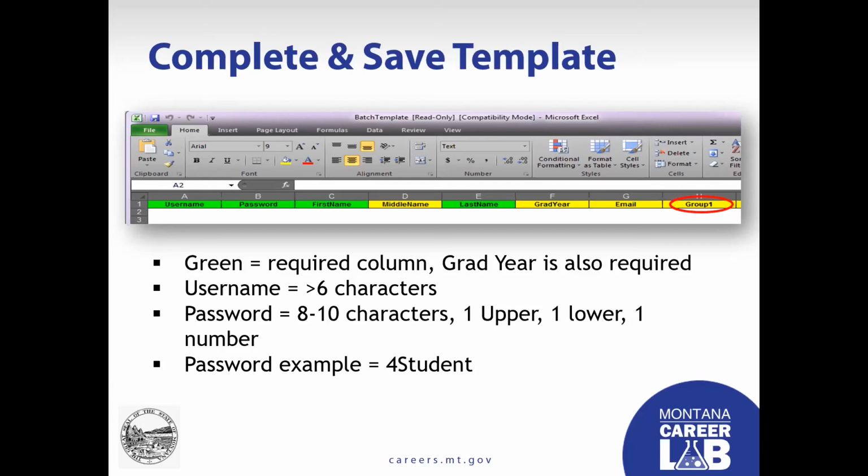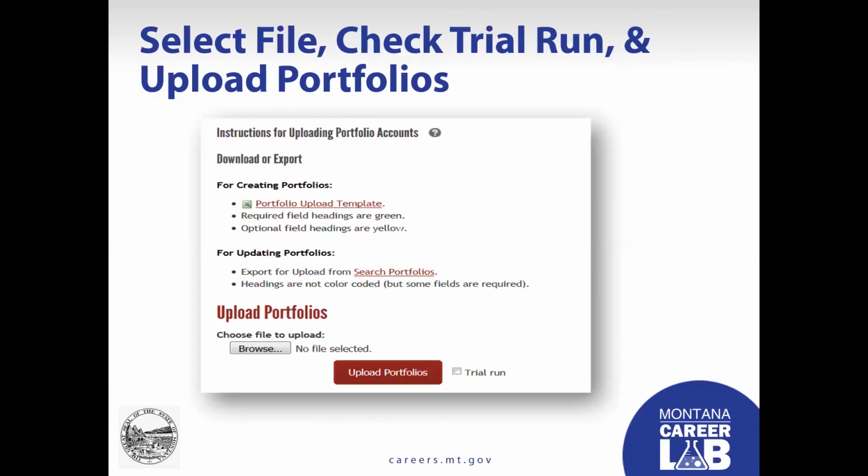Okay. All right. So now we're going to get into the actual uploading of that spreadsheet. So you're going to go down to where it says upload portfolios, and you're going to browse out to your saved spreadsheet. So make sure you save it in a place where you can find it. And then what you're going to do is you're going to click on that little trial run button. So this allows you to go through a trial run without actually doing anything in the system and just making sure that